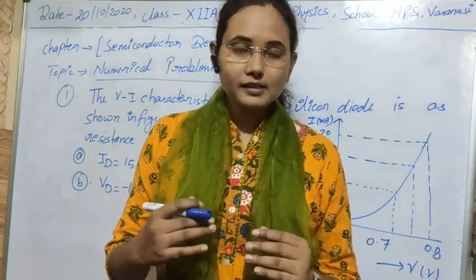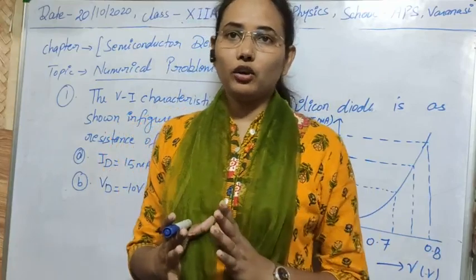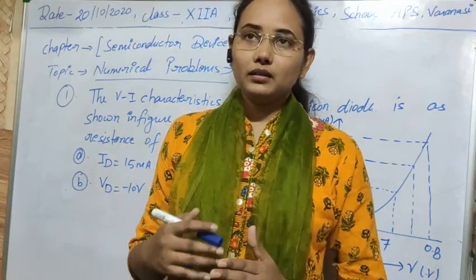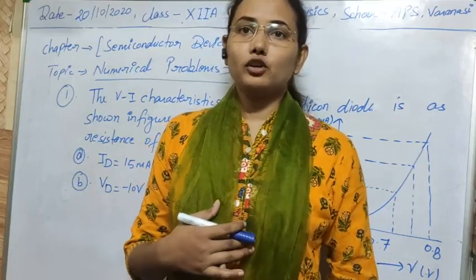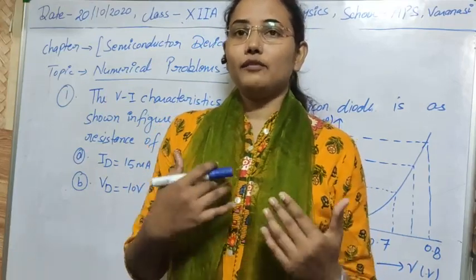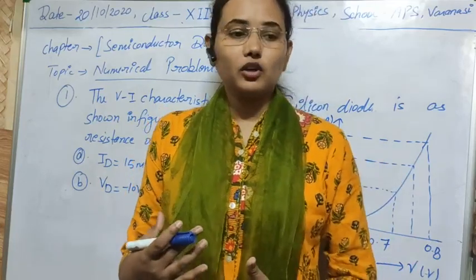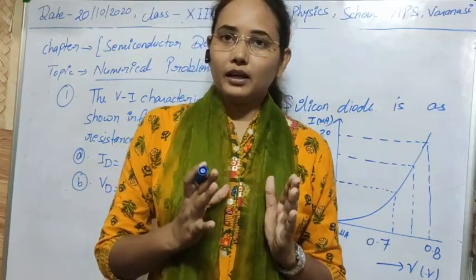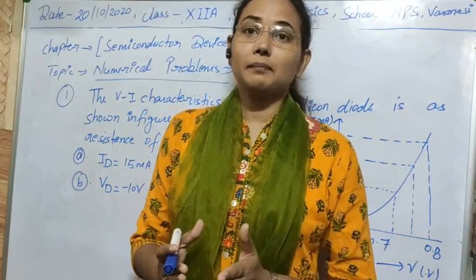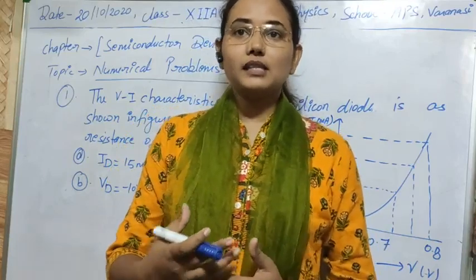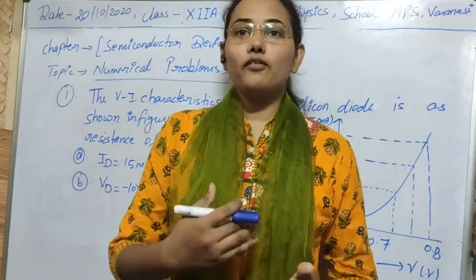So today let's see some numerical problems based on that chapter. We have studied the topic of semiconductor diode, the Zener diode, and some special purpose diodes. Simply, we have to calculate the resistance in case of forward bias and reverse bias. As I've told you, in forward bias there is a formation of depletion region and a junction barrier. The junction barrier has a tendency to oppose the flow of charge carriers, which means it offers some resistance.